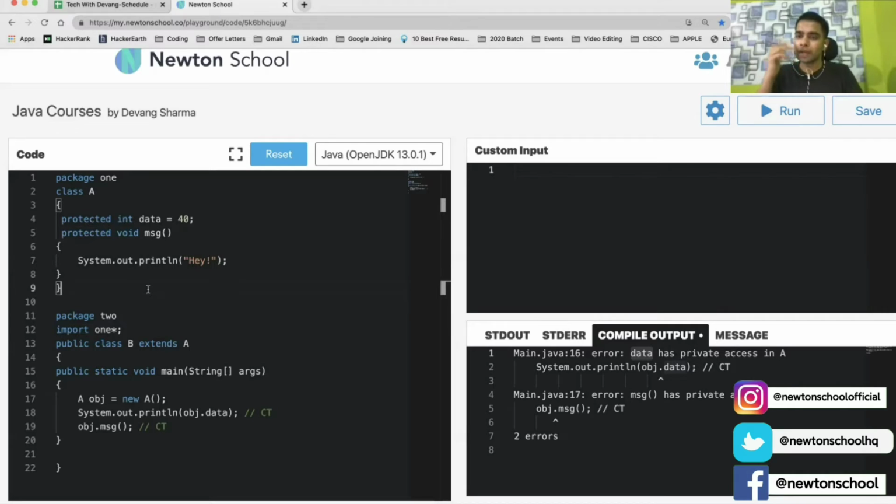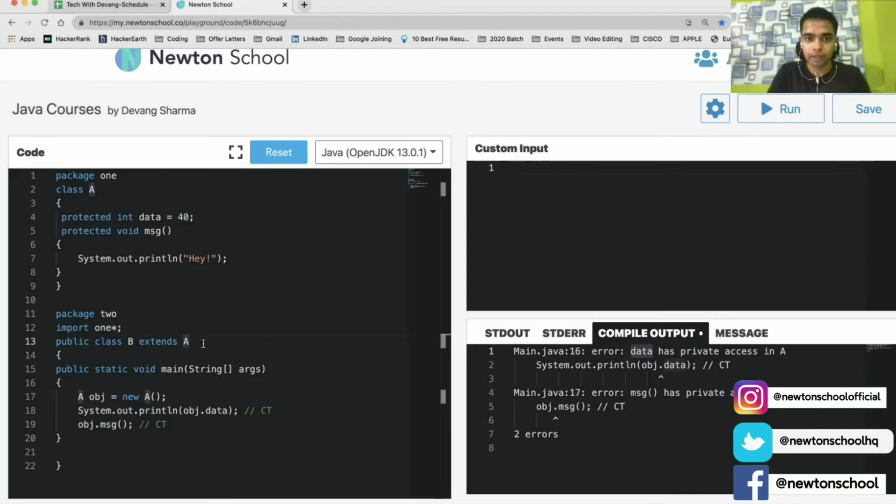It will not give me an error. Why will it not give me an error? Because now the variables and the methods have been explicitly specified as protected. And we know that protected members and variables can be accessed from a different package, or outside the package, only if they are called through the subchild class. Since we are extending it, my subchild class, class B, is calling these methods. So yes, it can be accessed and this program will run successfully.